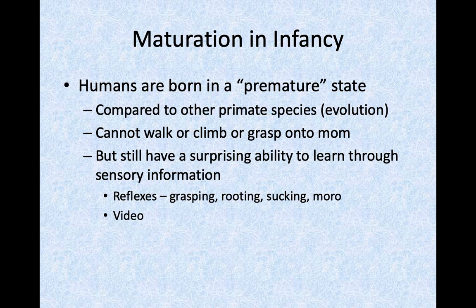Imagine a woman carrying around a 1-year-old in her uterus. That's crazy, and there's no way that child could be born. And so their heads are just too big to leave the birth canal. So as humans became bipedal, the birth canal narrowed, and then babies were kind of being born in a more premature state. But we humans are very smart creatures, and we invest a lot in our infants,